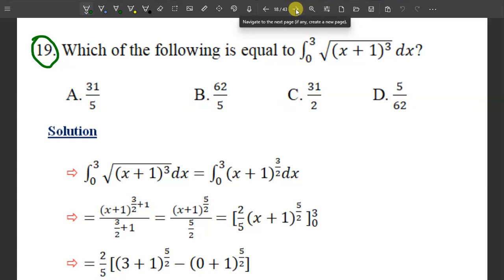Question number 19. Which of the following is equal to the definite integral from 0 up to 3 of the square root of (x plus 1) the whole cubed, or (x plus 1) cubed, dx? Here, for any integral, if capital F